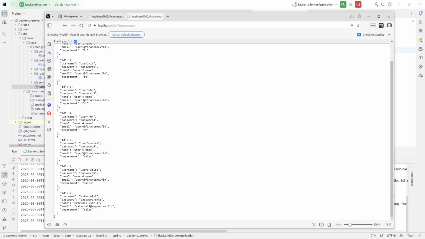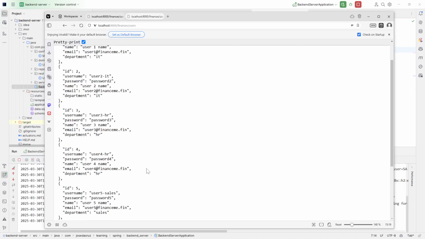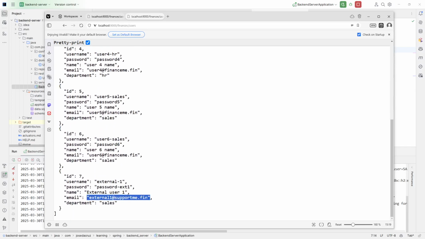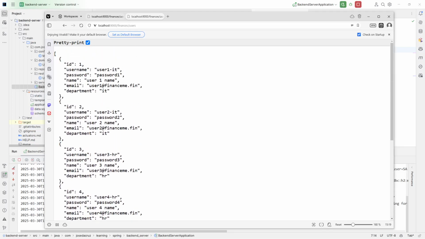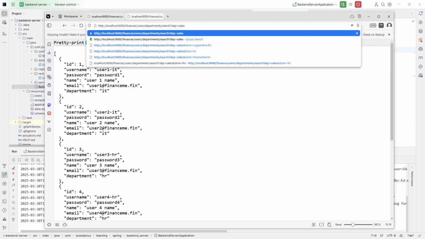So every user is here, the 7 users. You can see here the external one. I'll maybe zoom in here. The external one, and you have here the finance ones, which are the other users. Okay, but let's now use our departments, and let's say we want to call the department sales, where we have